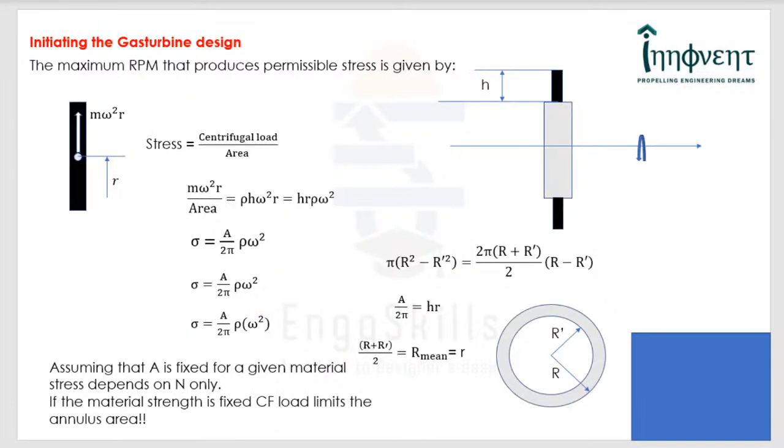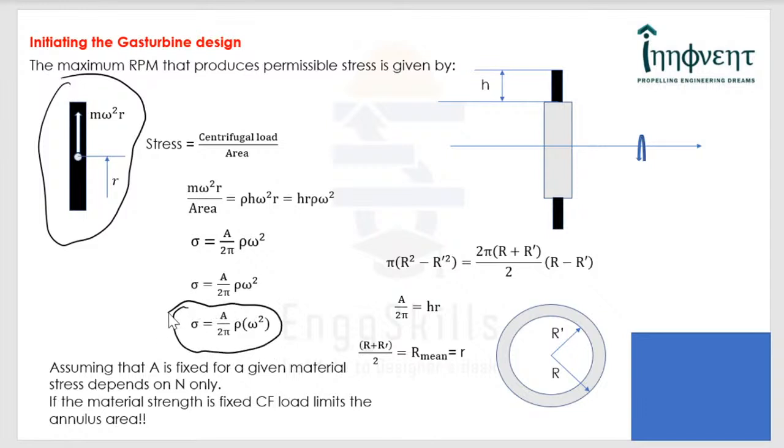Now, we can make a very basic hand calculation. That's what I said in the beginning. A simple hand calculation can reveal a lot of things. You can see here that considering the blade to be a prismatic member, because we neglected taper and the twisting of the blade, I have deduced an expression for the centrifugal stress, and that is expressed in terms of the annulus area, because I said annulus area becomes a very important parameter, and of course that in turn limits the amount of centrifugal load that you can apply if the material stress is limited.